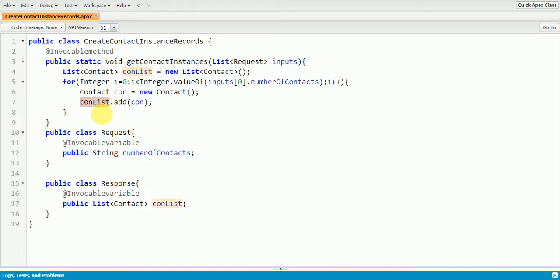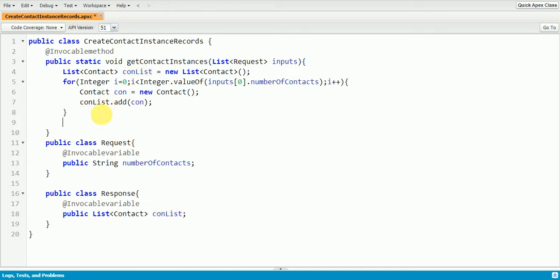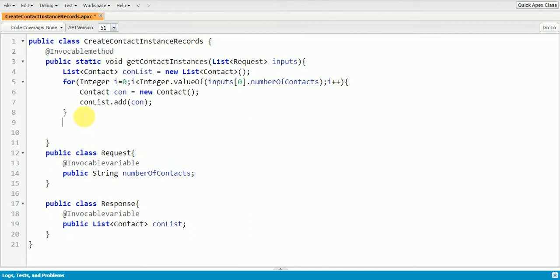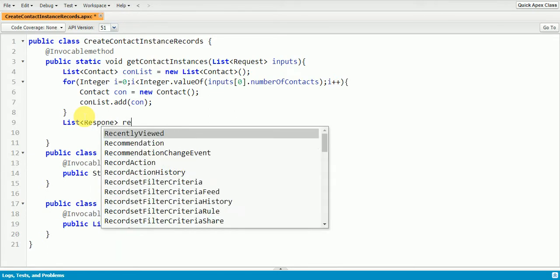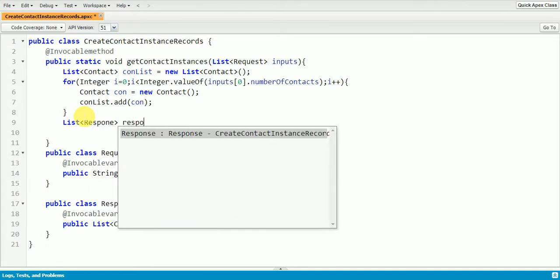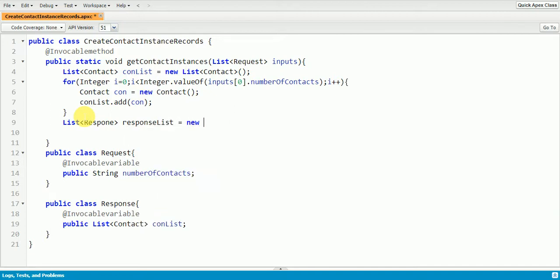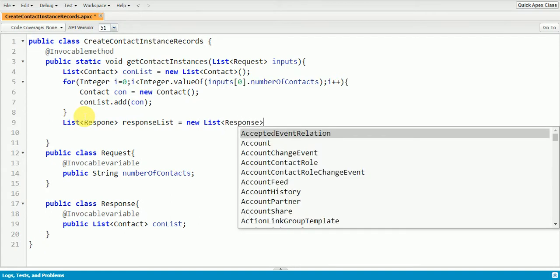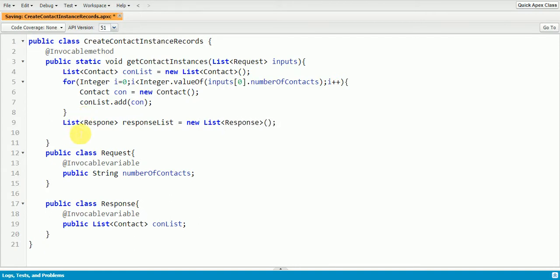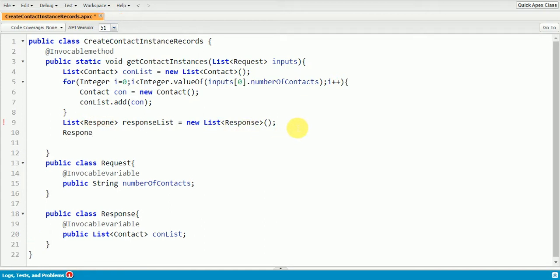So for that, first thing, I'm going to create a list of the response wrapper class. Response list is equal to new list of response. And again, I'm going to create an instance of response.